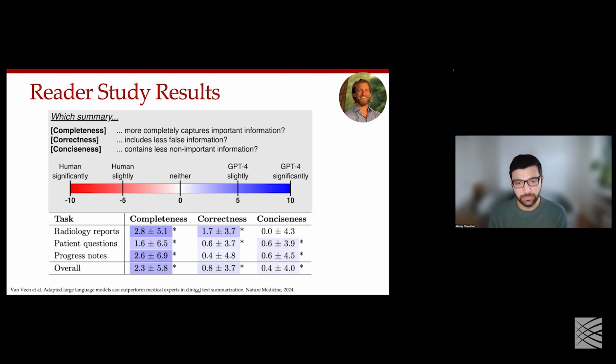So we're not necessarily being wordy, we're not necessarily being verbose. We're packing in the same amount of information in a short amount of tokens. So we're very excited to see that our panel of expert physicians consistently preferred the language model summaries. And then we actually wanted to go one step beyond this too.